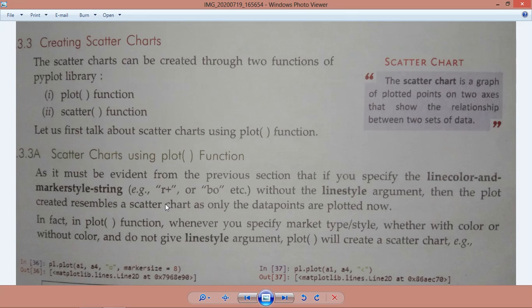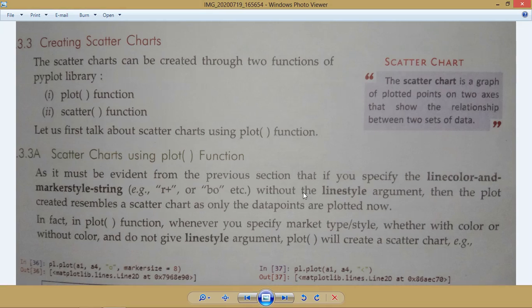In fact, in the plot function, whenever you specify a marker type style, whether with color or without color, and you do not give the line style argument, then the plot function will create a scatter chart. So let us first explore this with a live example.